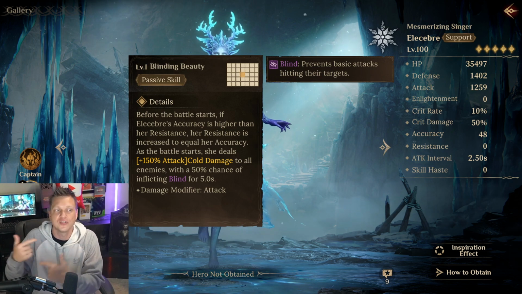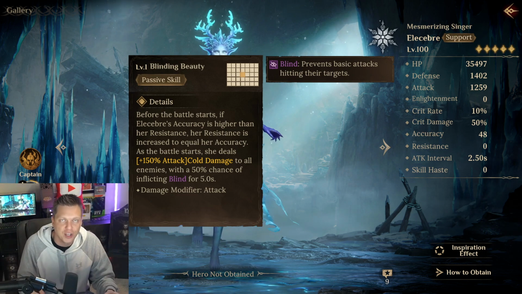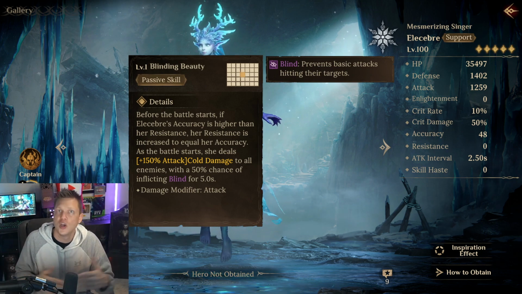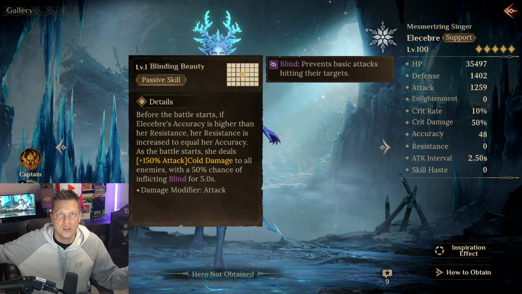And then as the battle starts, she deals cold damage to all enemies, but look at this, a 50% chance of inflicting blind for 5 seconds. Just passive value when the battle starts for free. You get a bunch of extra resistance and it's some damage on the field and a massive AoE crowd control